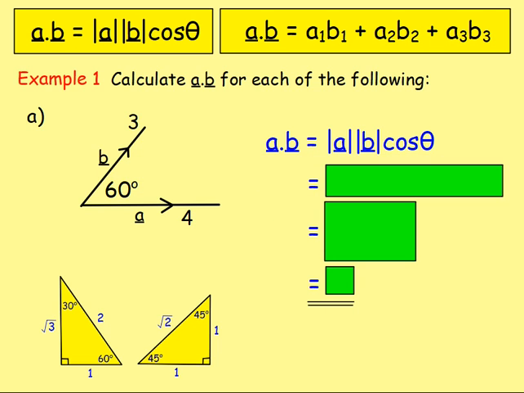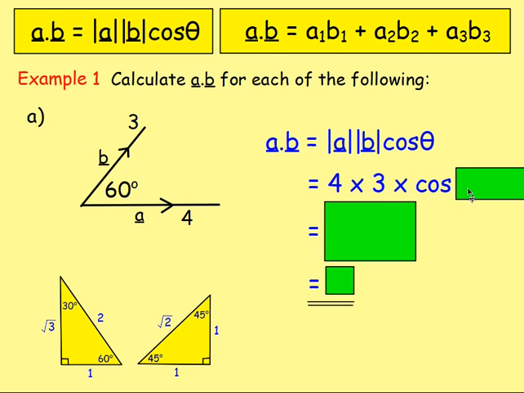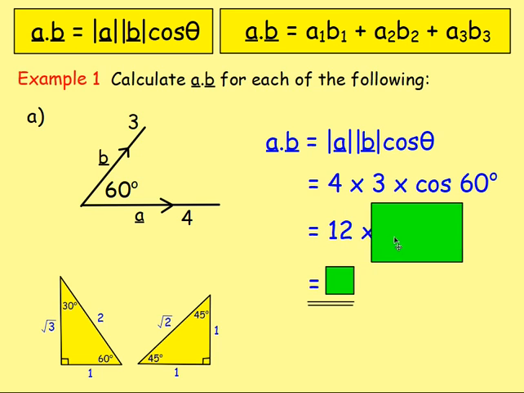In this case then, the magnitude of a is just 4, that's 4 units. We're multiplying that by the length of b, which we can see is 3 units, and we're going to multiply that by cos of theta, and theta is going to be 60. Brilliant! So you've got your 60 degrees. From there then, 4 times 3 works out as 12, and cos of 60 for this, if it was